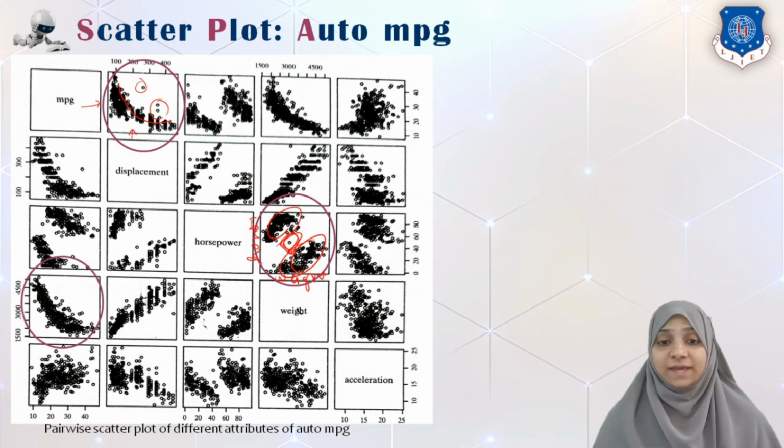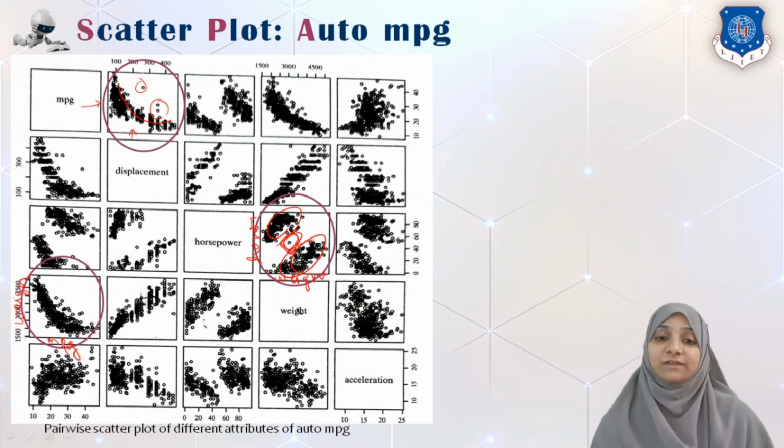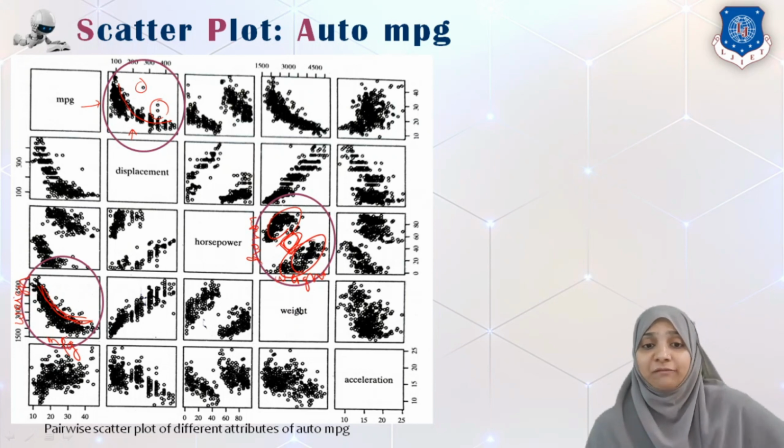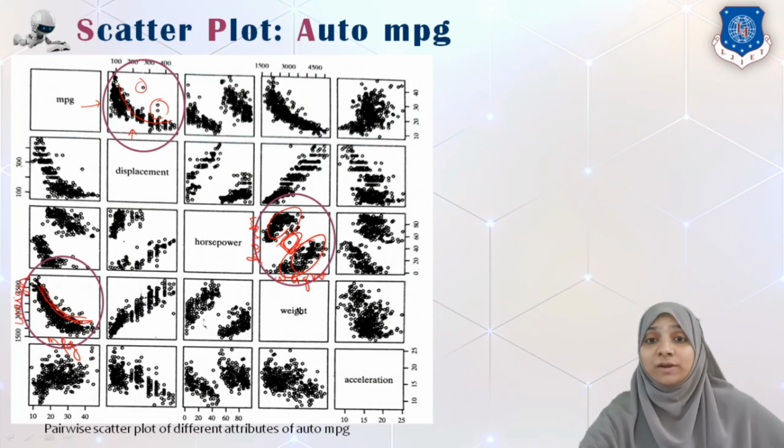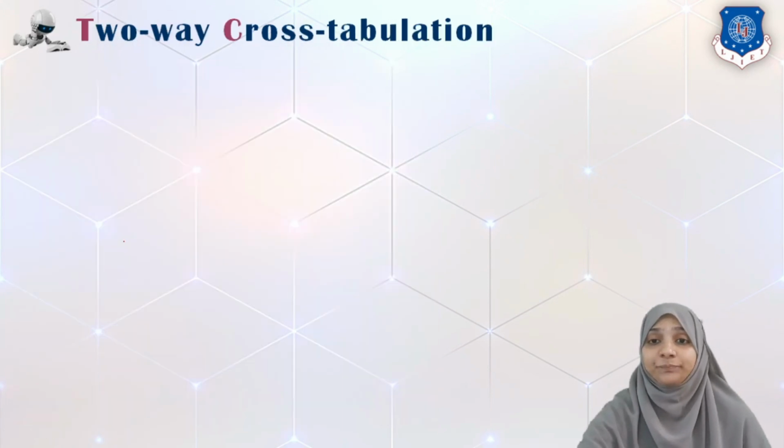And likewise, I can measure this particular graph which has weight on the y-axis. This is my weight, and this is the MPG column, so this is MPG on the x-axis. Again, we can find there is a negative correlation, and there is no set of outliers found within the MPG and weight graph. So this is an important way of looking inside or measuring the variables, finding the relationship between two variables with the help of a scatter plot.